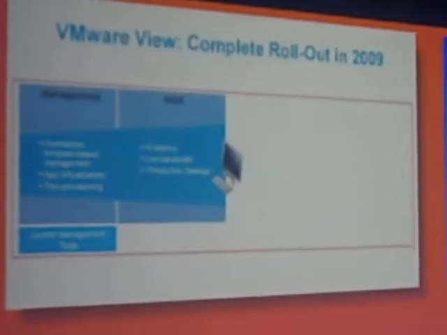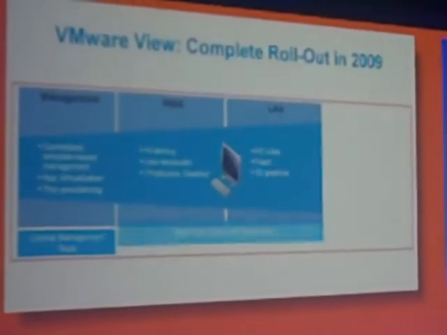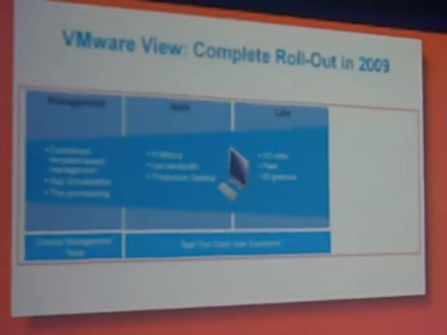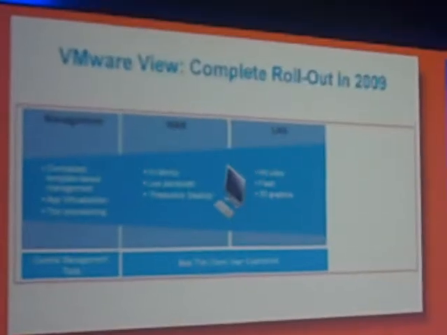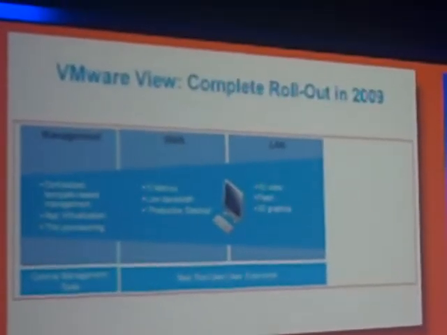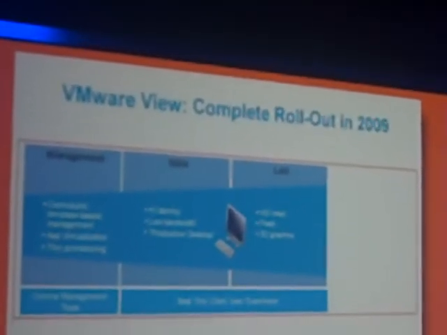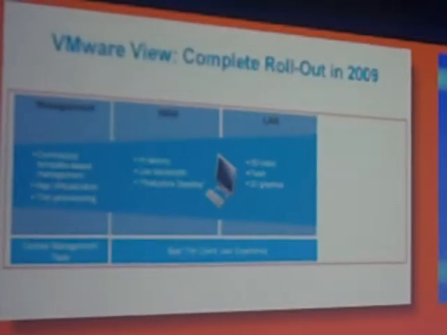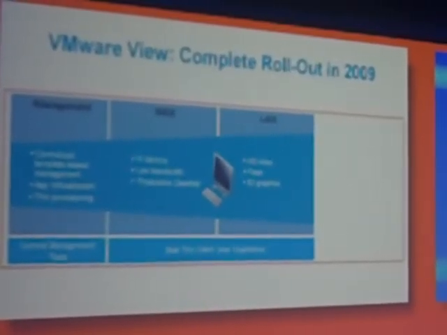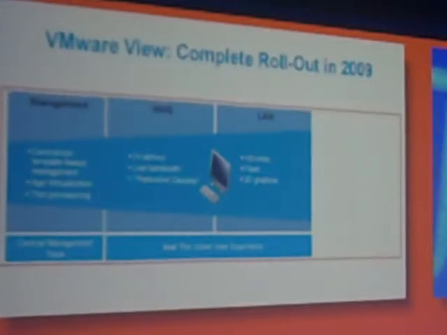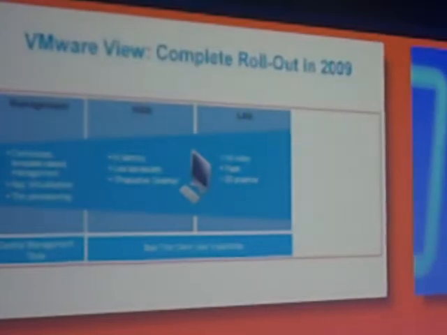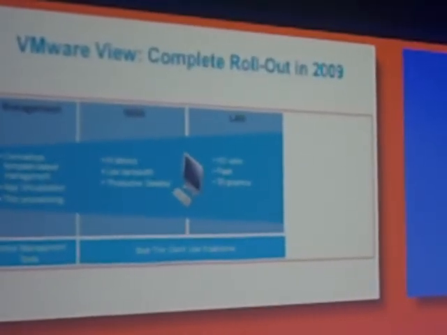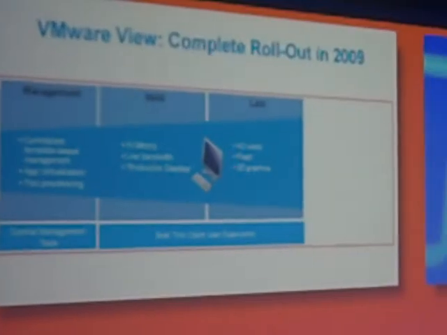During the course of this year, we will dramatically improve our thin client experience, the experience the user gets when they sit down in front of a thin client and that environment gets instantiated in a virtual machine running on a server somewhere. So we're doing significant work in the protocol area. We have a pluggable protocol architecture, so you can use different protocols. We ourselves have entered into an agreement with a company called Teradici that currently has a hardware accelerated protocol. They are working with us to do a software implementation of that protocol, which we will make available to all of our partners, which will basically complete the set of features that you want in both the WAN and the LAN environment.